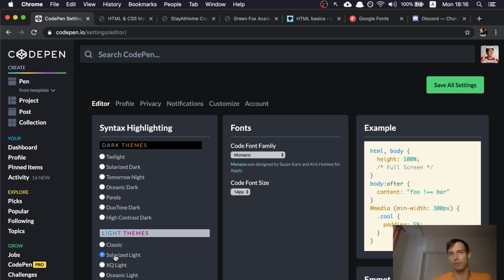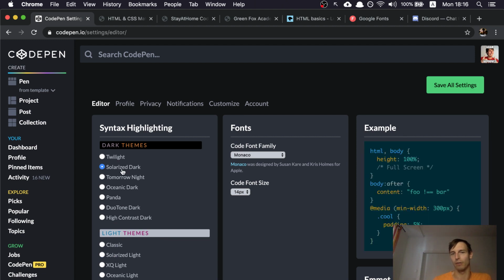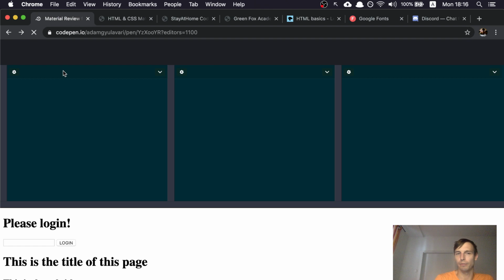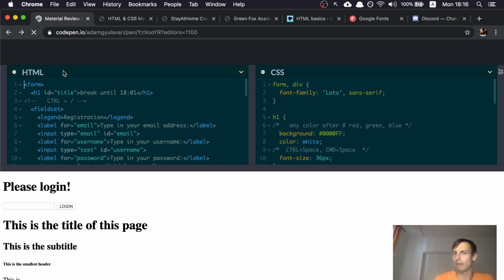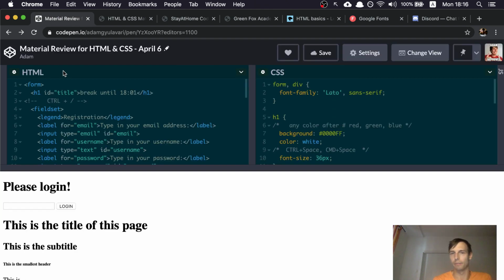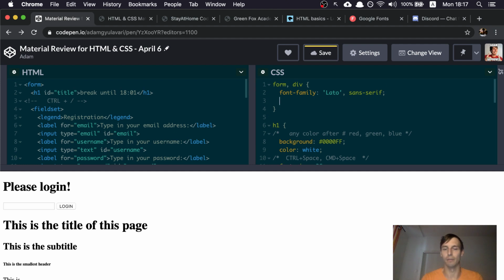There are multiple themes that you can use if you want, and then if you have a dark theme, then if we go back to the previous page, we will see a dark themed editor, and you will be able to use it. In order to change the whole background, you know already how to change that. You can change by setting a background to every element,